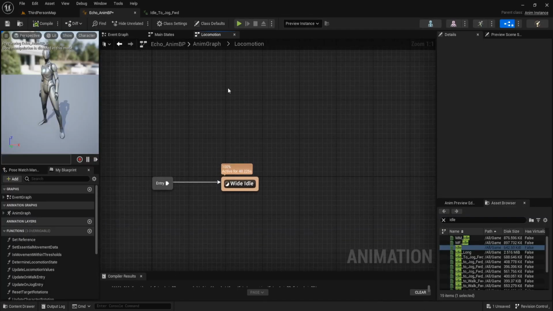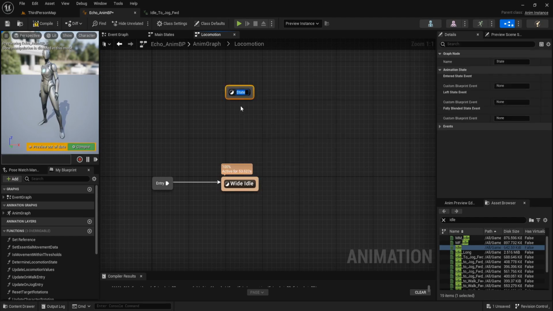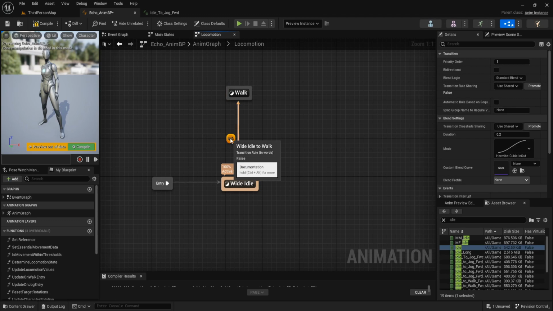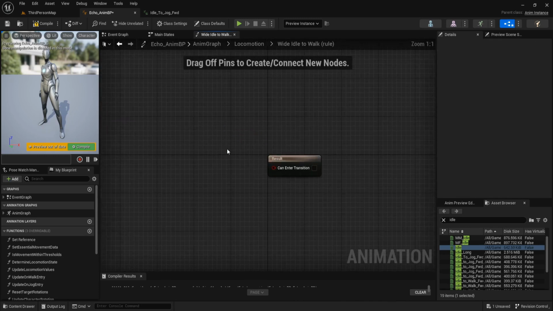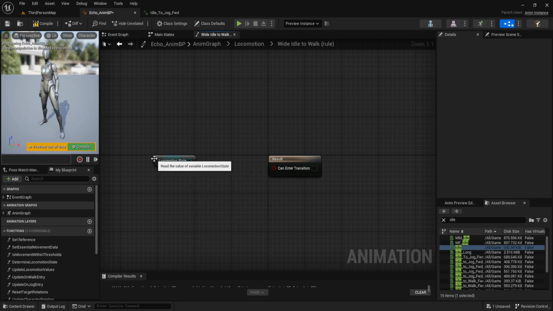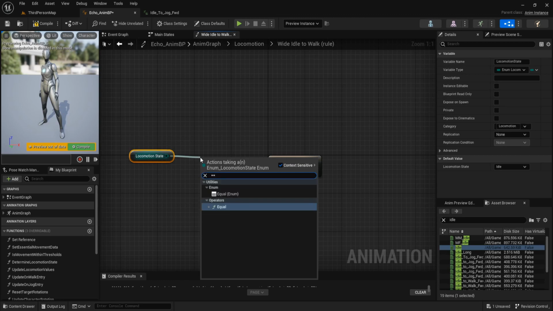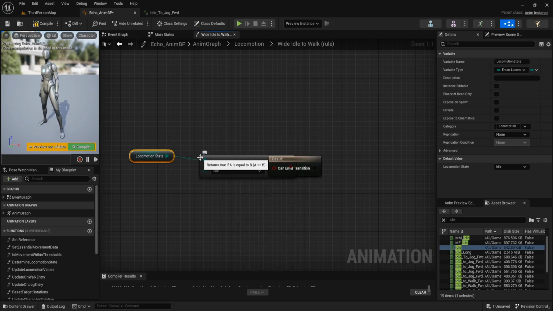To give the ability for our character to walk, we have to create a new state. Name it walk, and then connect this idle to walk state. And this transition, double click on it, get locomotion state, and check if it equals enum.